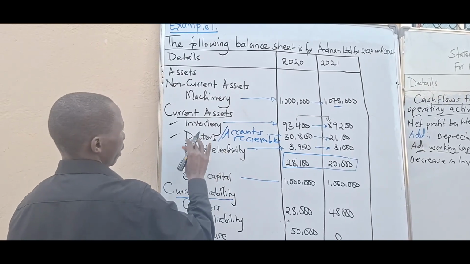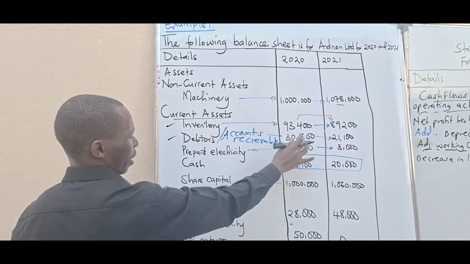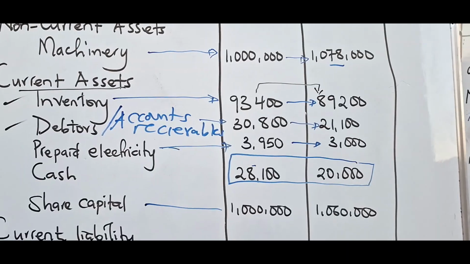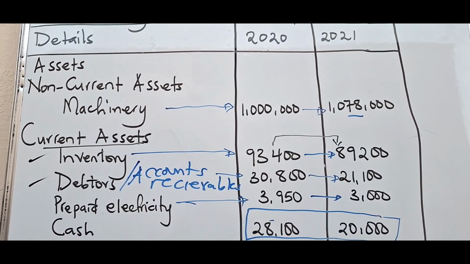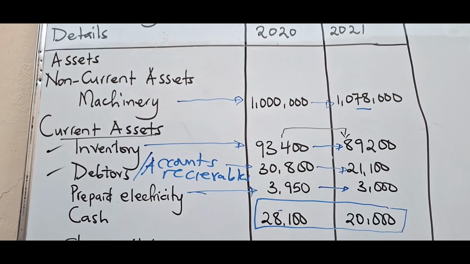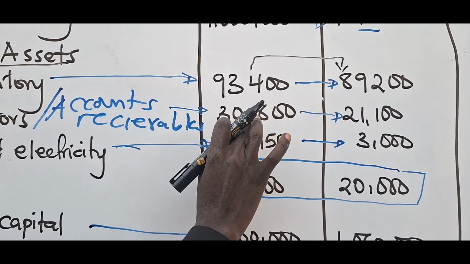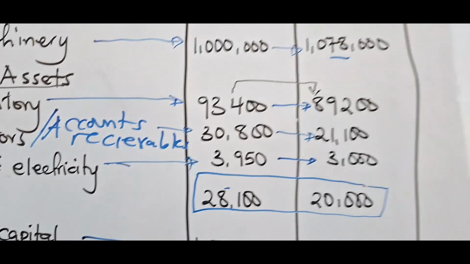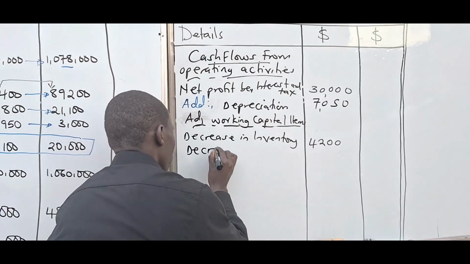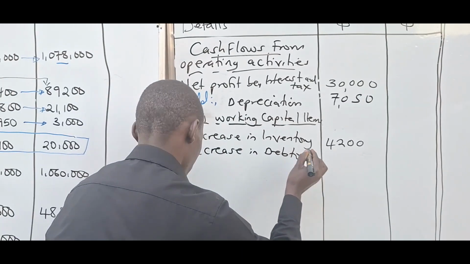We have debtors or accounts receivable. In 2020, it is 30,800, then in 2021 it is 21,100. Now, this is a clear decrease in accounts receivable from 30 to 21. Here you put decrease in debtors,